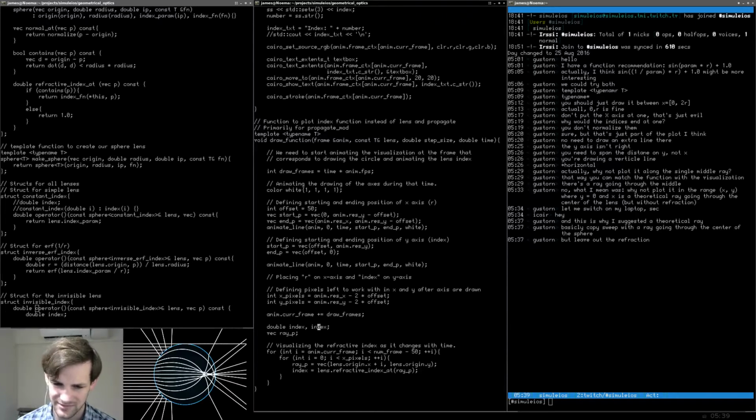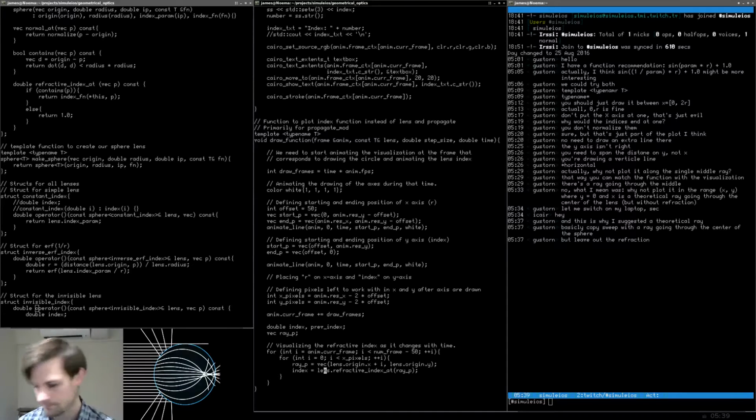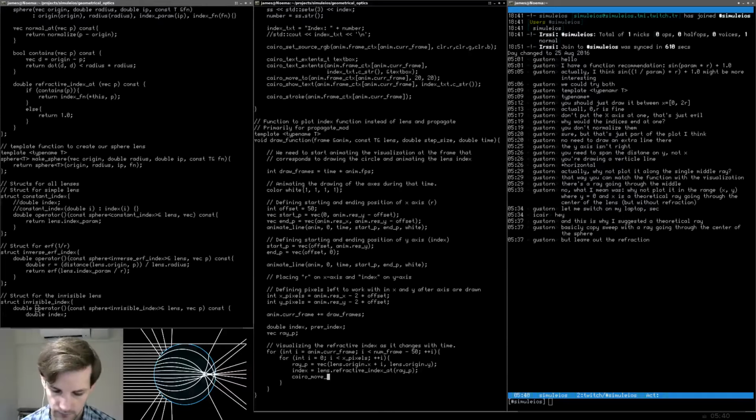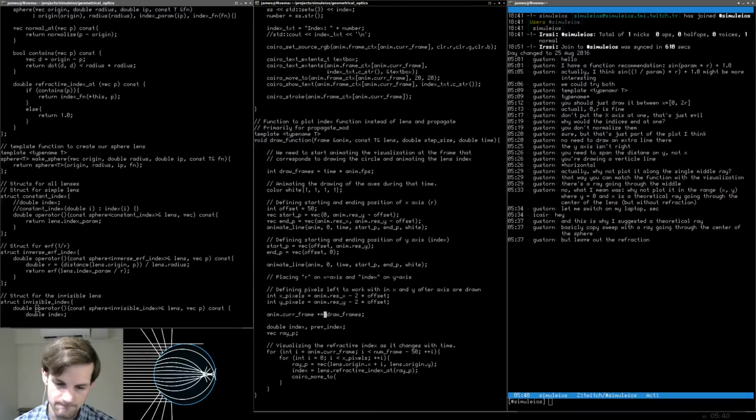Maybe it should be previous index. Not sure. Sorry about my notation, guys. So index is equal to this. Now we just do kite remove 2. And we want to do, yeah, let's go up here